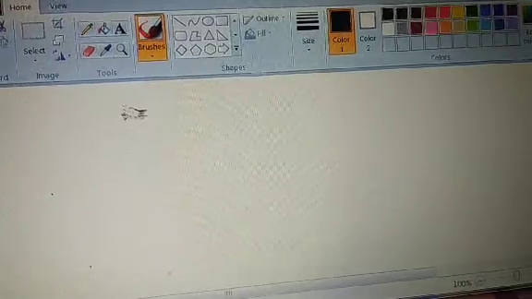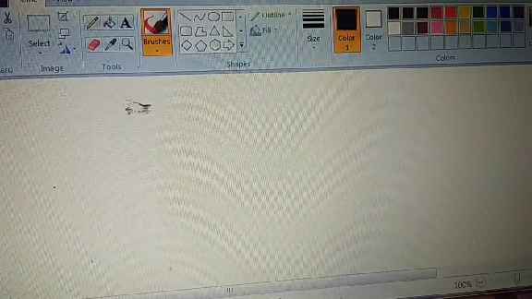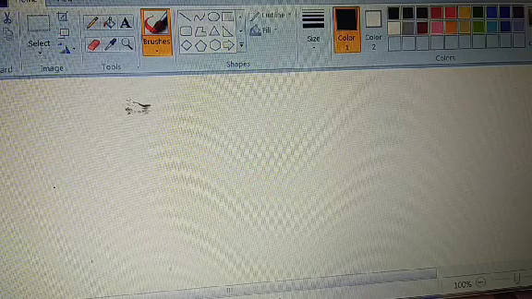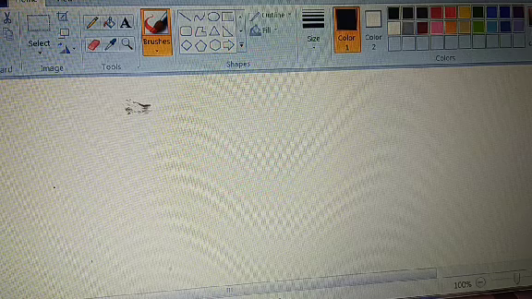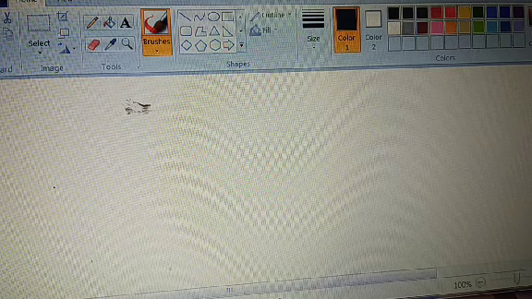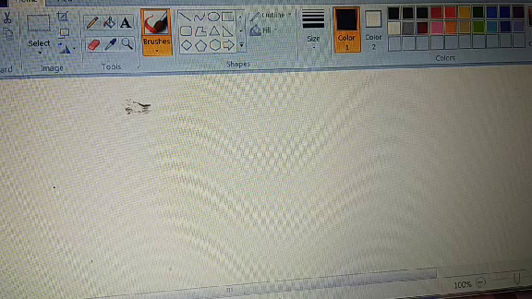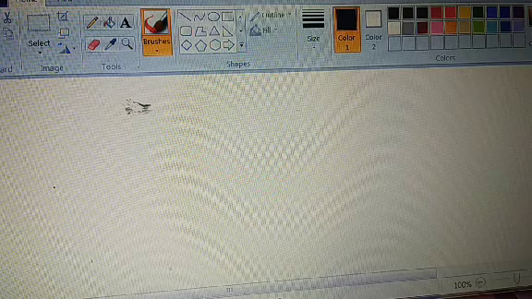Now, there are three buttons: minimize button, maximize restore down button, and close button. The close button is used to close the paint program. When we click the minimize button, the window shrinks into a button on the taskbar.